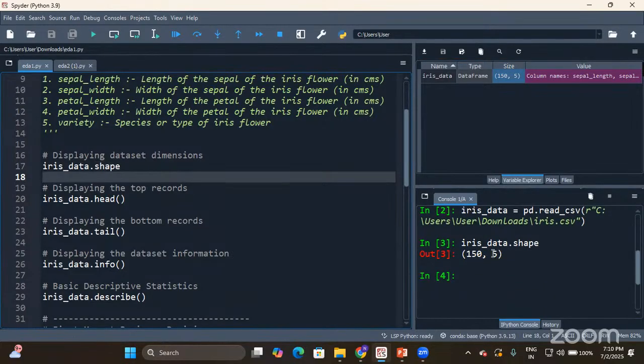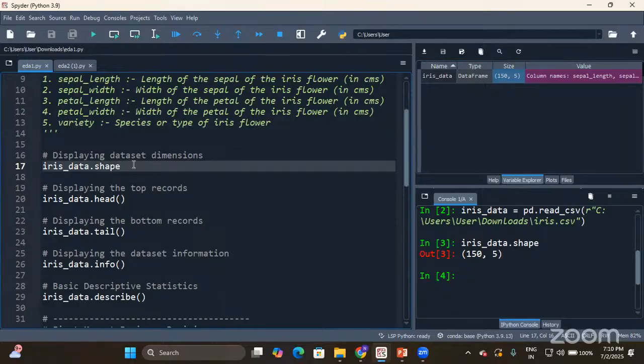Again, you might raise a question: already we have it here, right? Why are we using shape? The reason is, if you are not using Spyder and are using any other IDE, how will you get the information? This feature is available only in Spyder. So there we have to go and use the shape attribute.